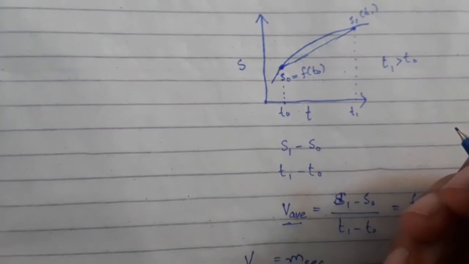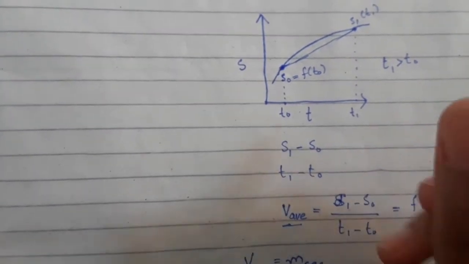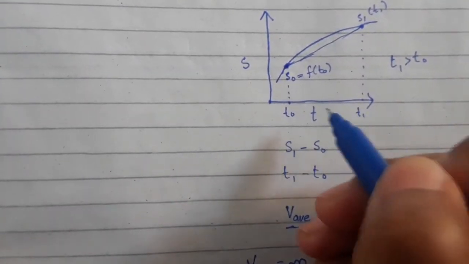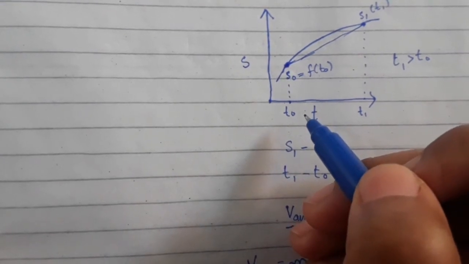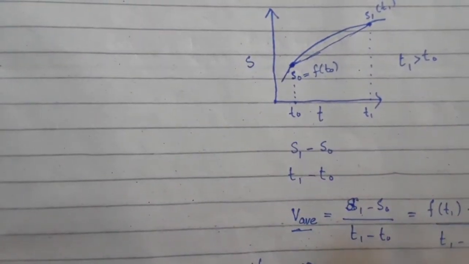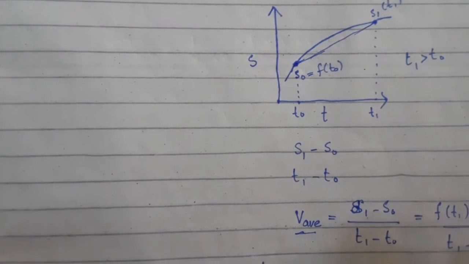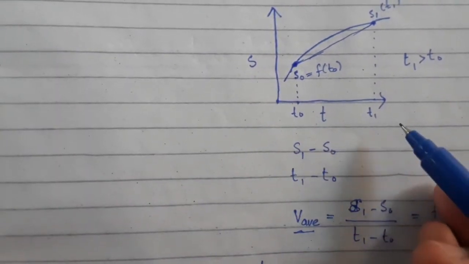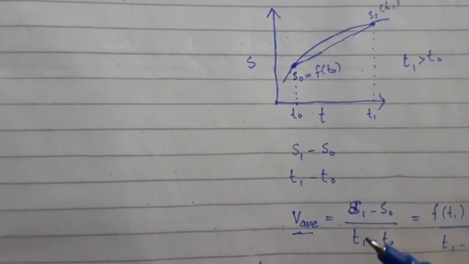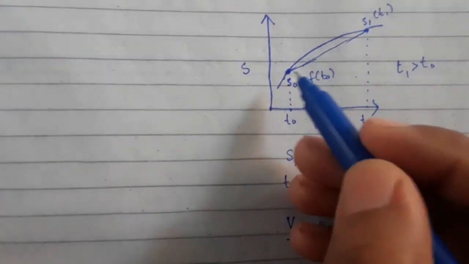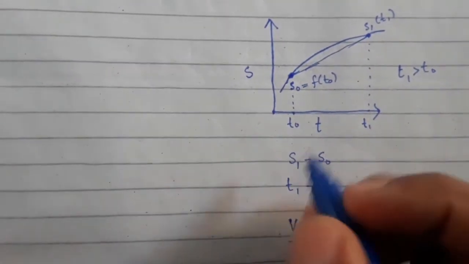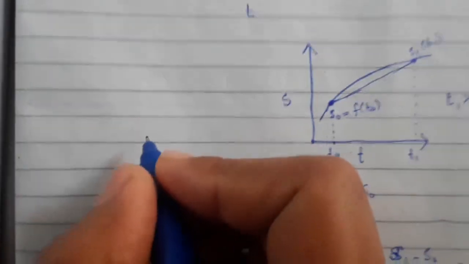In order to find the instantaneous velocity, we will let our t1 get closer and closer to t0. Then our average velocity in the interval from t0 to t1 will get closer and closer to the instantaneous velocity at the time t0. Thus, if we denote the instantaneous velocity by